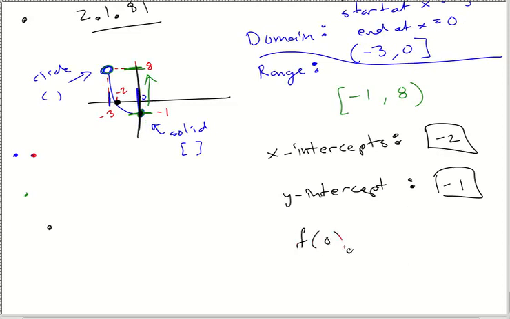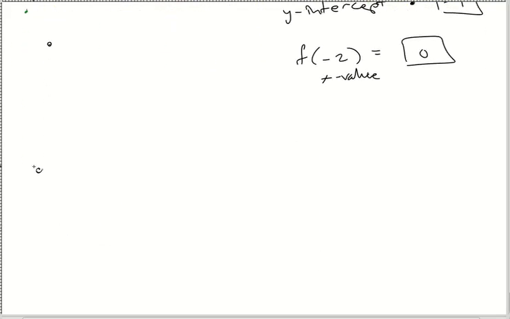Lastly, they're going to say, hey, what's f of 0? And you have to, whoa, sorry, I kind of gave it away. F of -2, and you could probably guess it's 0. So I'm saying, hey, this is my x value, and I want to just find out what the y value is. Just so happens to be right here at 0. Okay. So that's the full question. Let's do another one,